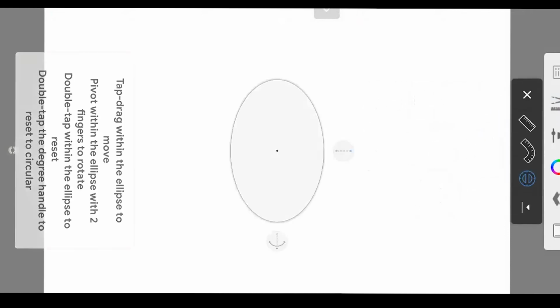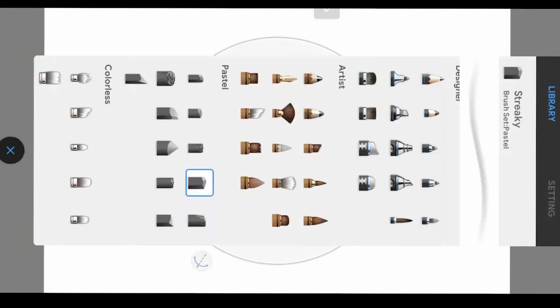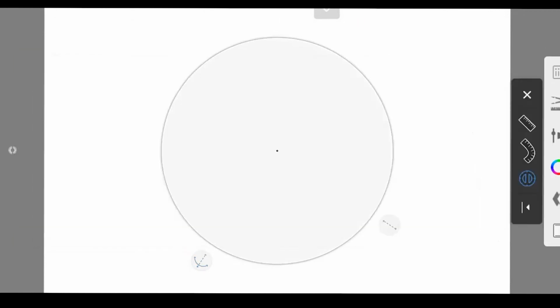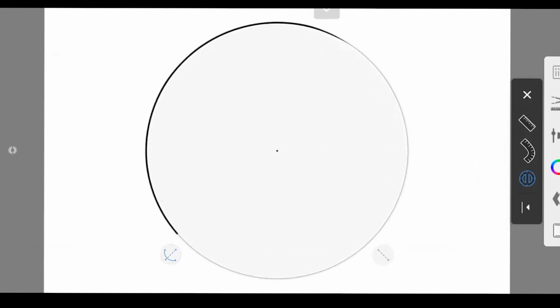So first I will start the Autodesk app, and as you all saw in the previous episode, I designed the rim in this application itself. So first, as usual, I will pick this guide, and then I will pick a pencil, and then I will set the radius.